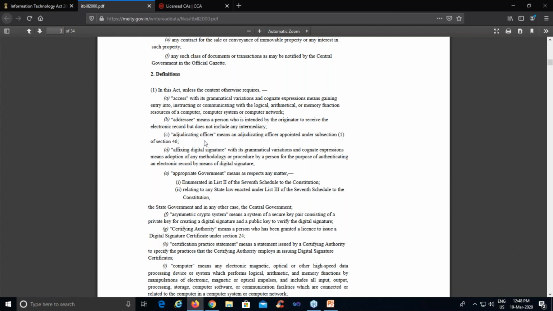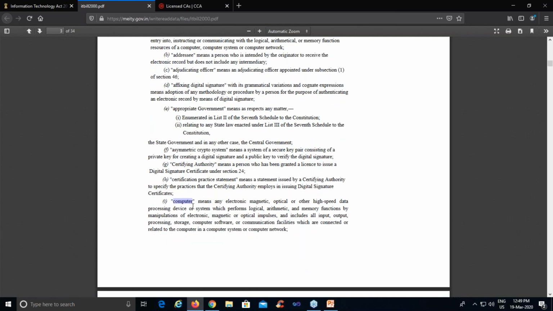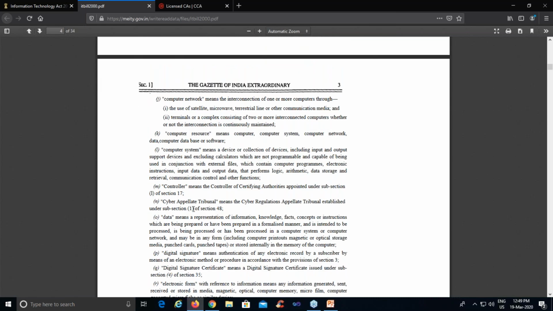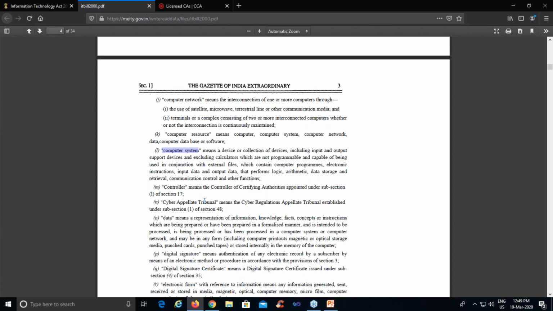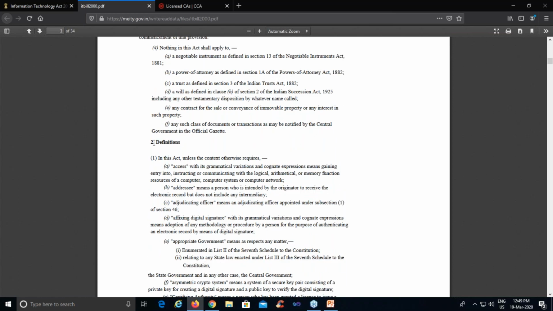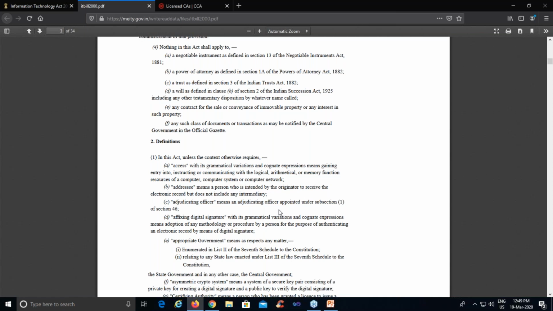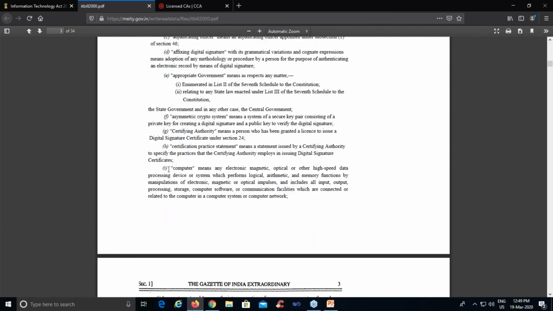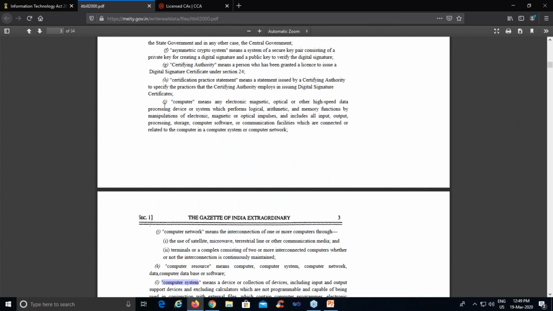Okay. So here you can see definitions of computer. So a number of definitions they have defined. So while arguing in court in lawsuits, you should refer to all these definitions. What is computer system? So we can say that in section number 2 under IT Act 2000, right? There is a section 2. Let's say I want to refer to computer. So section 2(i), that is computer, right?